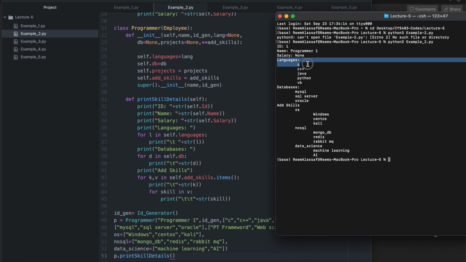And then the languages, it'll print all of the languages that we know. So now we're at this line. For L in languages, it will print a tab and then the language. Because print implicitly goes to the next line, it prints a tab and the language, then goes to another line, prints a tab and the language, another line, and so on and so forth. And the same goes for the databases. And then the extra skills,